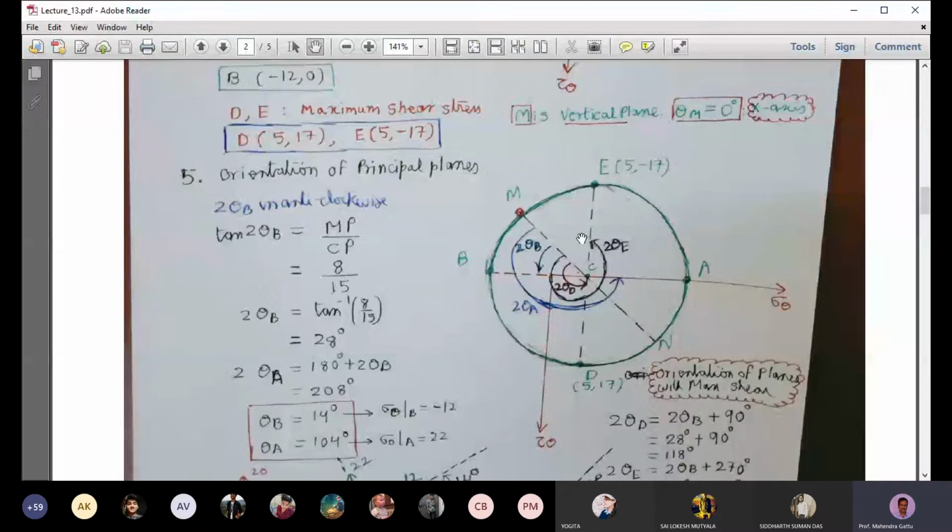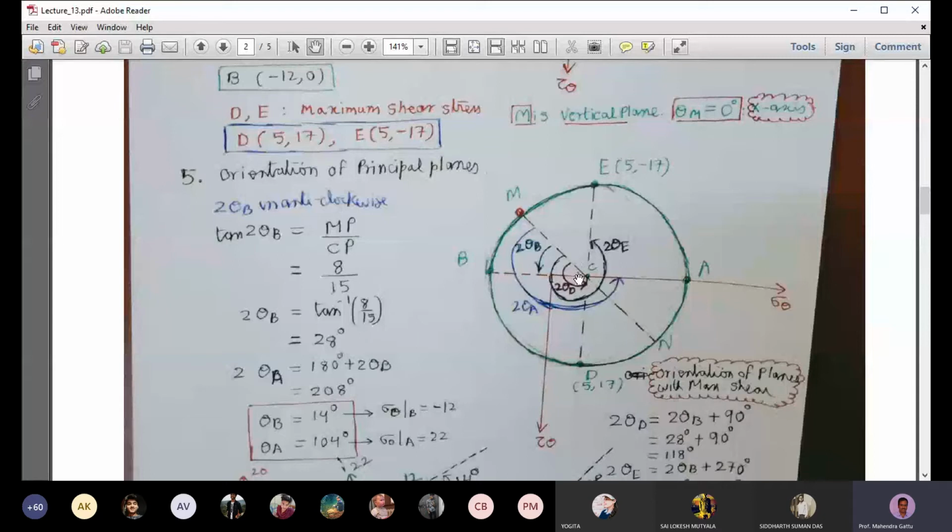So sometimes if you want to find the stresses on a plane making an angle of say 30 degrees, here what you will do is you will have to move by 2 times 30, 60 degrees along this, and then you have to find that point G. So point G will be somewhere here, because 2 theta B is 28. So the point G will be somewhere here, and 60 minus 28 you will get some value that is 32, something like that. And then once you know that angle is making with the x-axis, which is 32 degrees, you can find the coordinate of G.